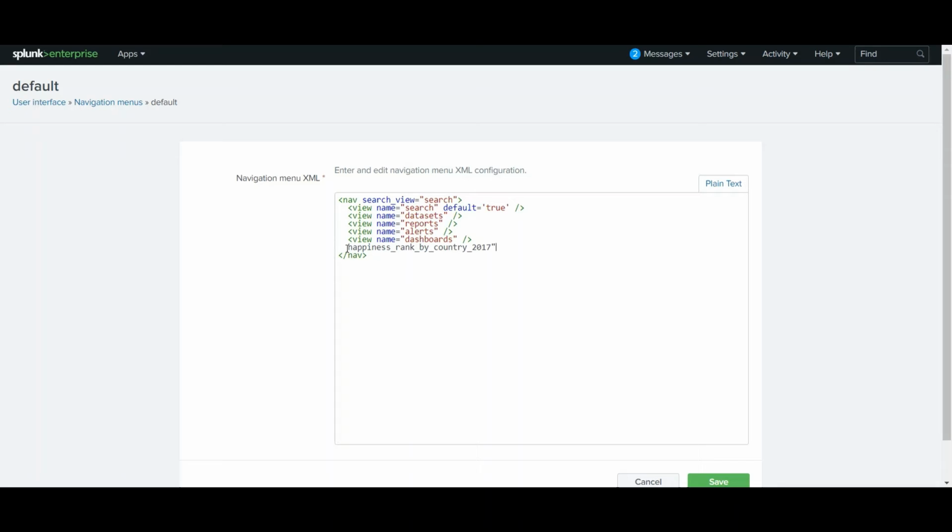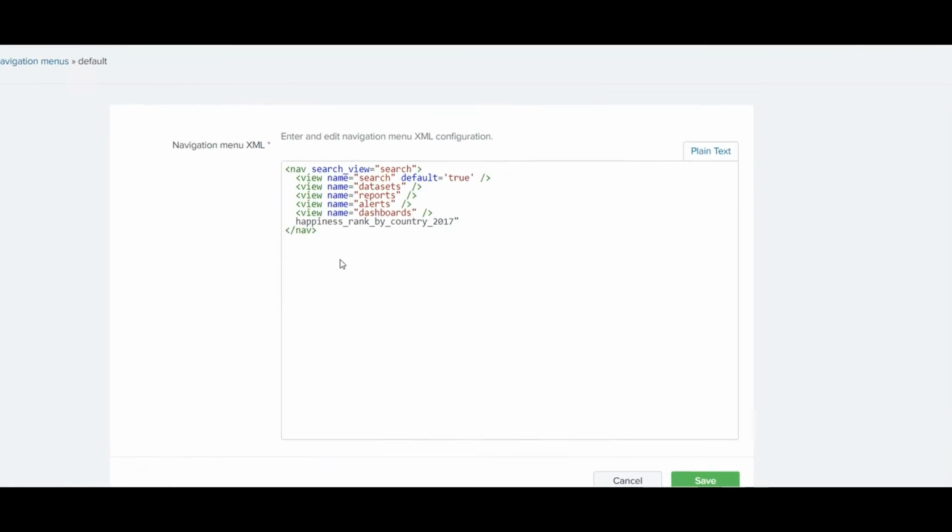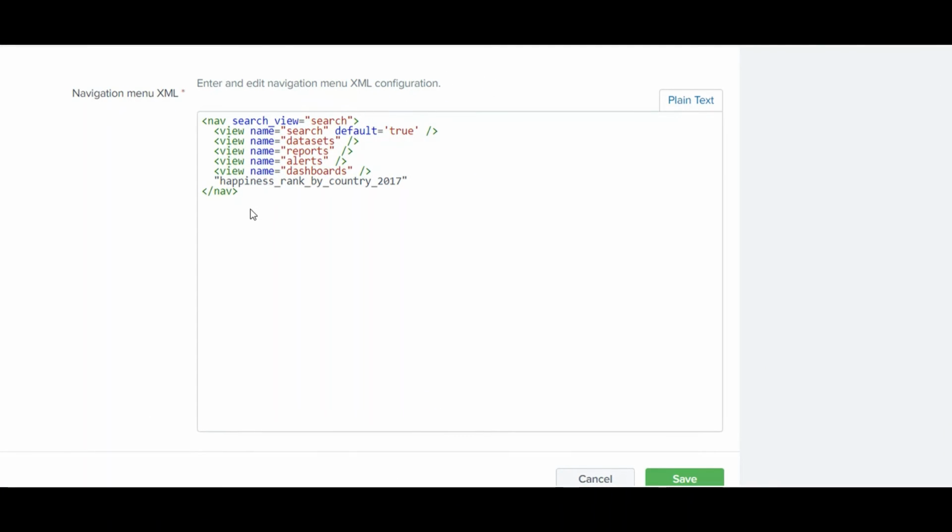You can copy this view name from the Views option under the navigation menus. I'll copy and paste this stanza for this dashboard as well.